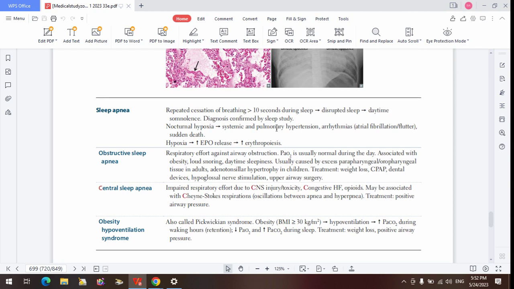You can make the diagnosis by doing a sleep study, polysomnography. What are you going to see within the sleep study? You are going to see the changes that happen during the sleep phases, like REM and non-REM. Because it's connected to respiratory rate, heart rate, and oxygen level, you can see everything in real time as it's changing.